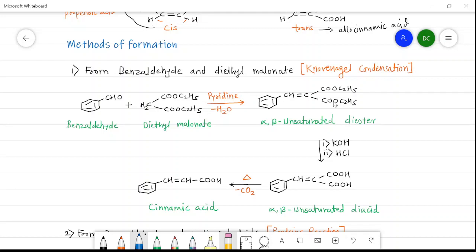So it has pharmaceutical value. This reaction has two reactants, benzaldehyde and diethyl malonate, whereas the catalyst is a base,